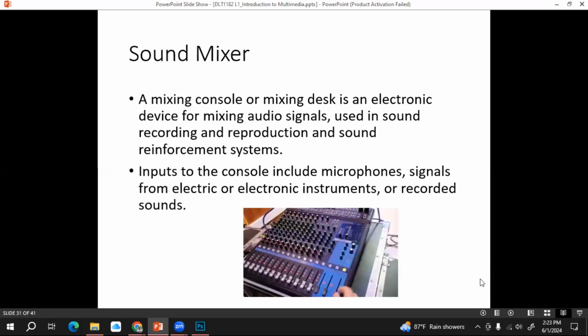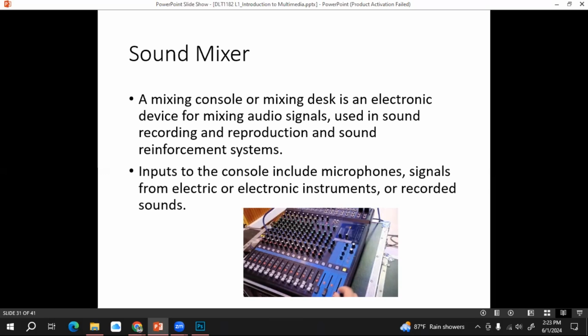Then sound mixers. Sound mixers are used mainly when more than one mic is connected. If you want to connect more than one mic to a single system or a speaker, you have to use these types of mixers, right?